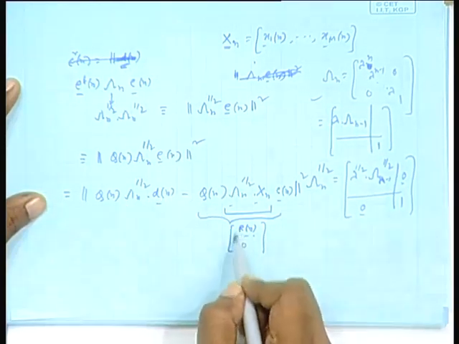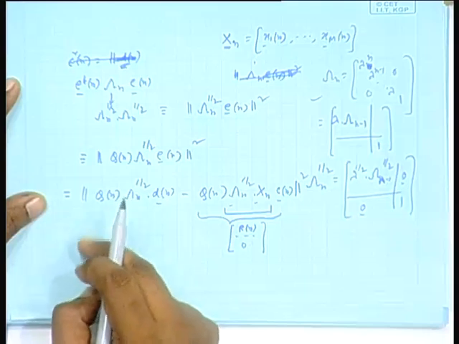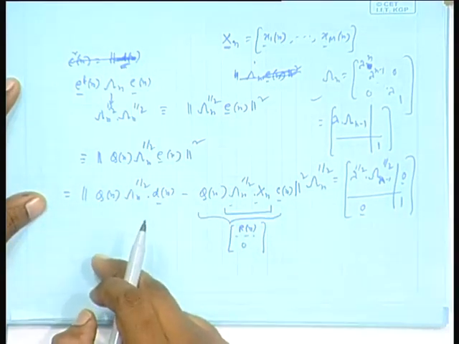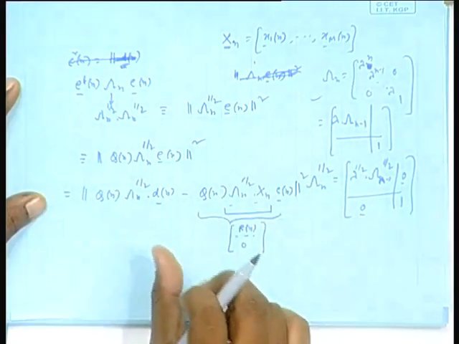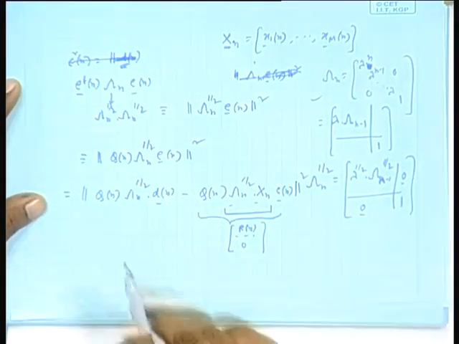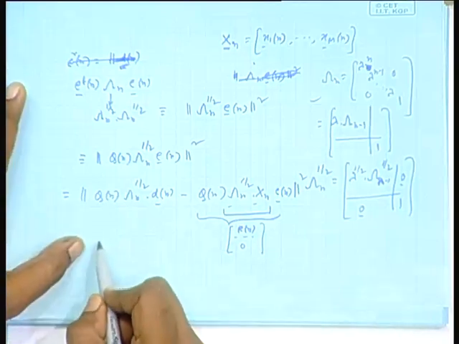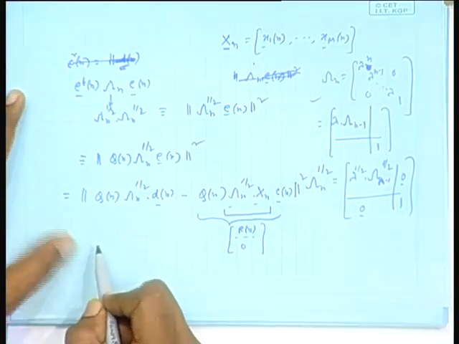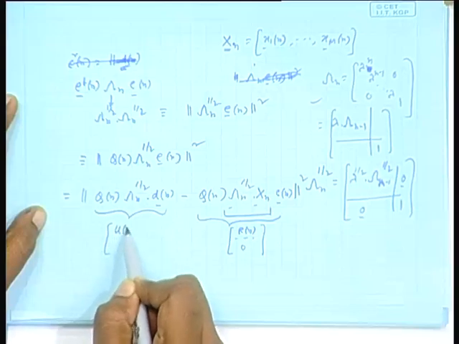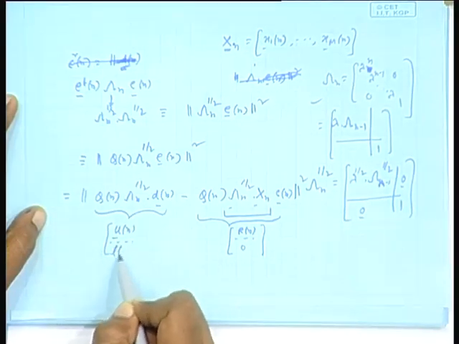The upper part is m cross m. So the upper m entries I call small u n upper, and the lower part was l n. And this entire norm square, what is the minimum? When it is minimum, only then I will get the optimum. The entire norm square will be what? The lower part norm square. This thing I wrote like this, u n dot dot dot l n.